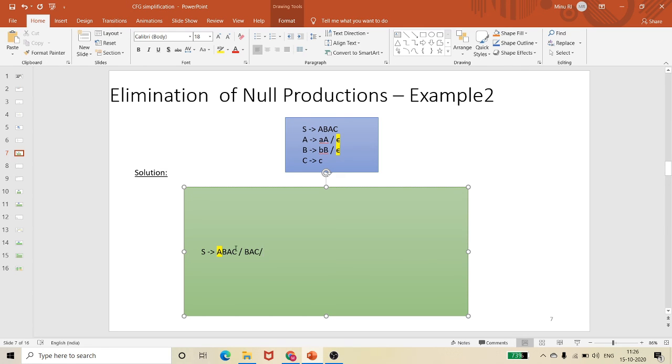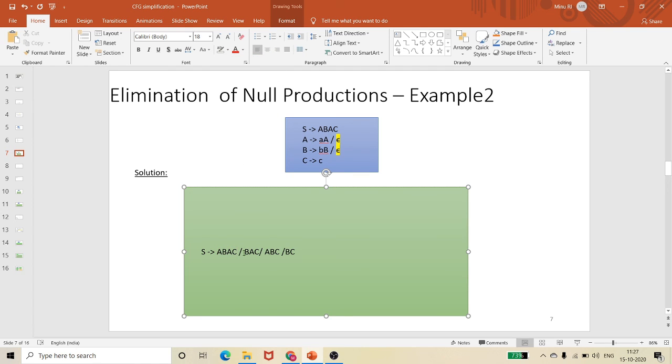In the same way, if I substitute epsilon at the other place, the grammar would be A, B and C. So again I am getting two new productions. I can even substitute epsilon in both the A's. If I substitute epsilon in both the A's, I get a new production BC. With this combination I have done all the substitutions.